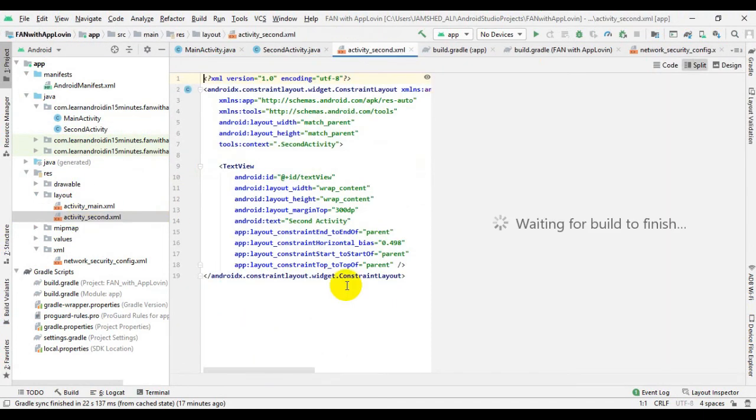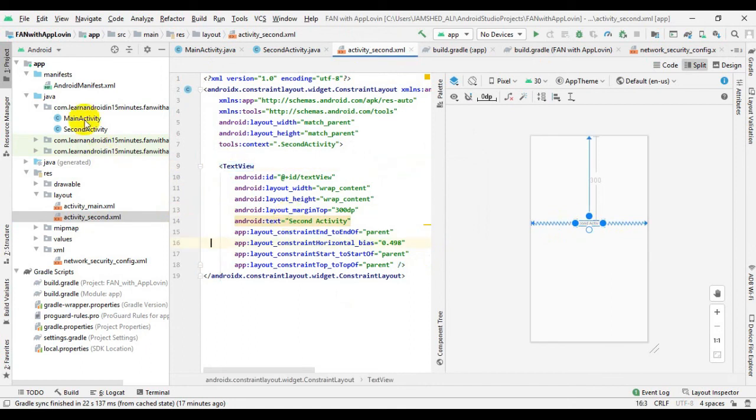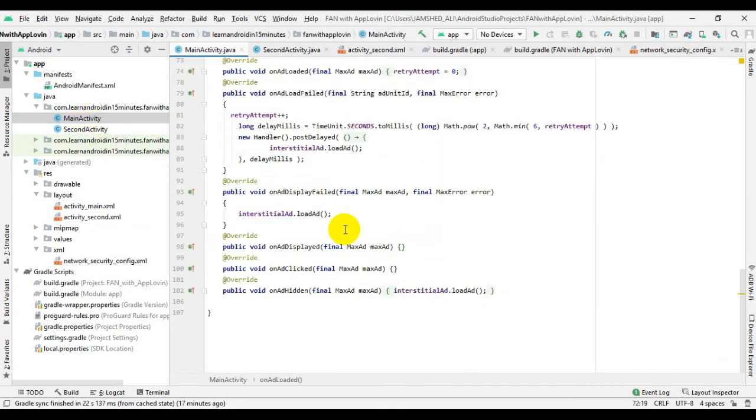Finally create a second activity and run your application.